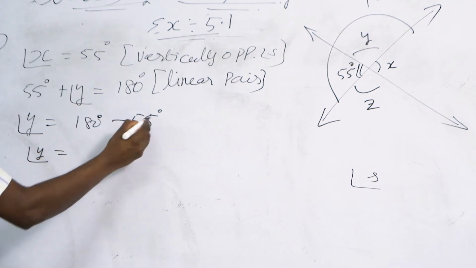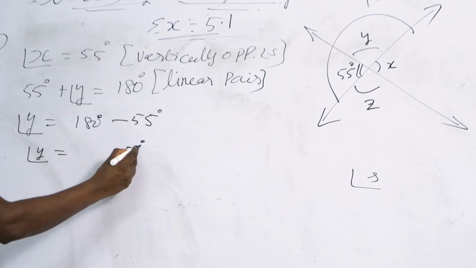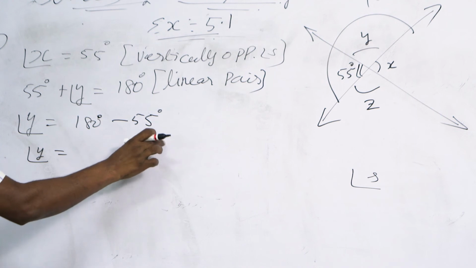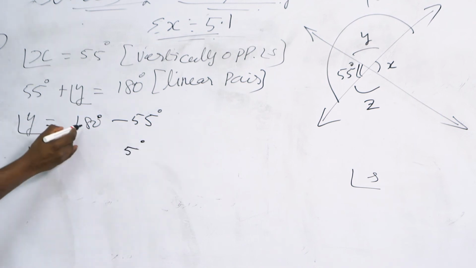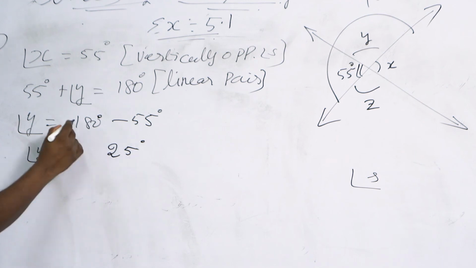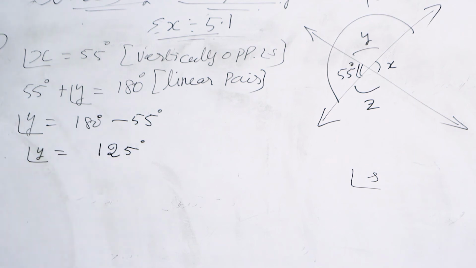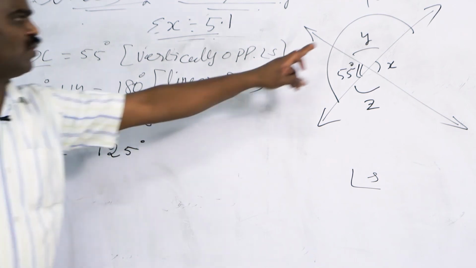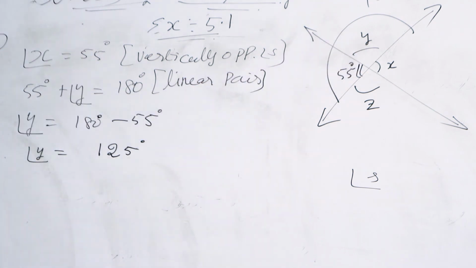Cannot go, borrow 10. 10 minus 5 is 5. How much here? 7, right? 1 is already given. 7 minus 5 is 2. How much? 125 degrees. So angle y is equal to 125 degrees. Next, what is the relation between angle y